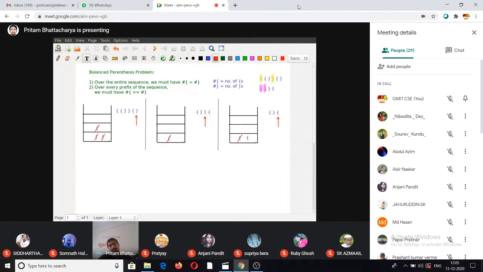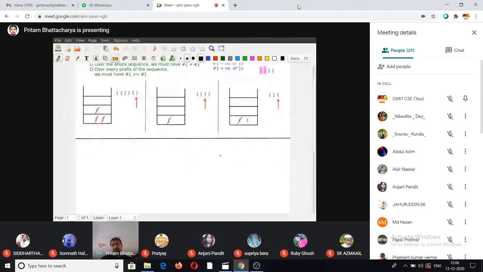Okay. So I hope this problem is clear and you have some intuition about how a stack can be useful. So now I think I can pause a couple of minutes for questions. Then I'll take you to the idea of what are these infix, prefix, and postfix expressions. So I'll just pause for a minute or two.